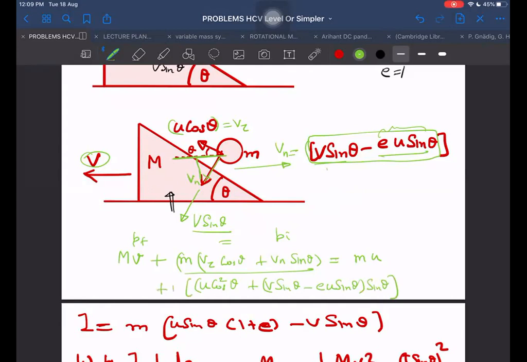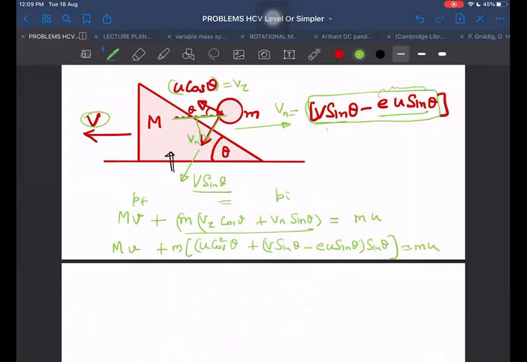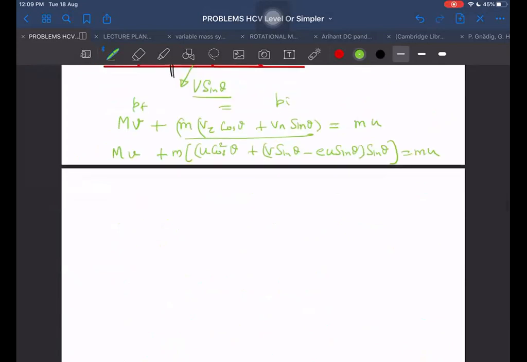Plus u into m plus m into v is equal to m into u. Then I think in just the next step only we will get the answer. Are we getting the answer or not? What is unknown in this now? Just velocity is unknown. Only V, sir.